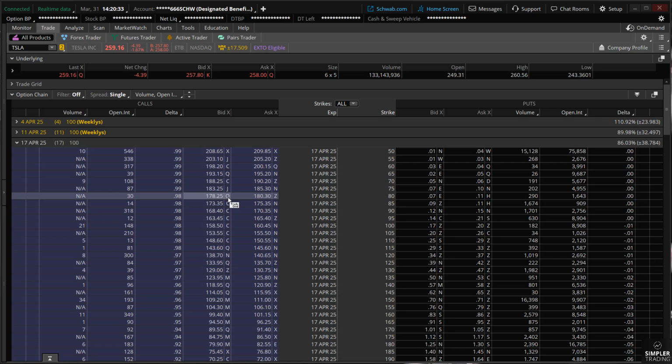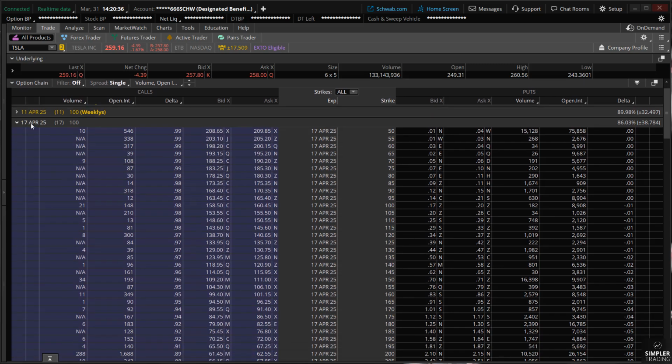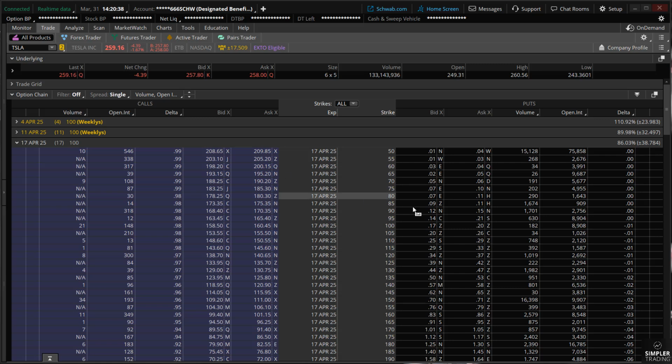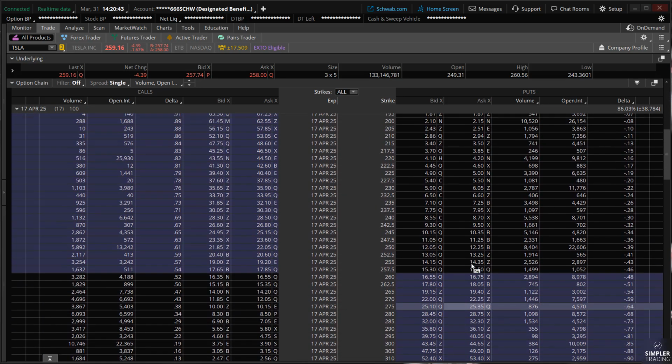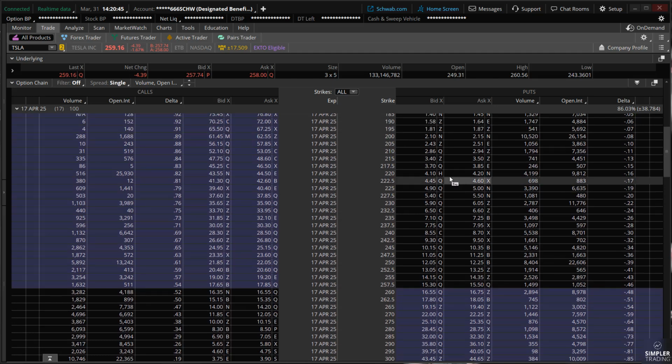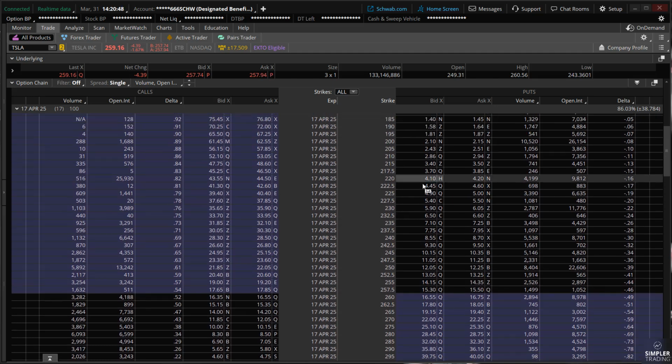And it's certainly not out of the realm of possibility that we're down at that previous low, which would be 220. So if I go into the series just before that earnings report and just say, is there a butterfly that I could put on here? Do we have any high open interest that's kind of standing out to me? We do have some high open interest at 220. There's a lot of high open interest at 200. 200 would be a pretty big move just by expiration. But again, I don't think it's out of the realm of possibility. But I think that 220 is probably a little bit more likely.